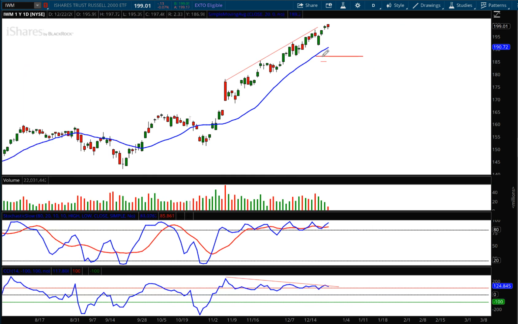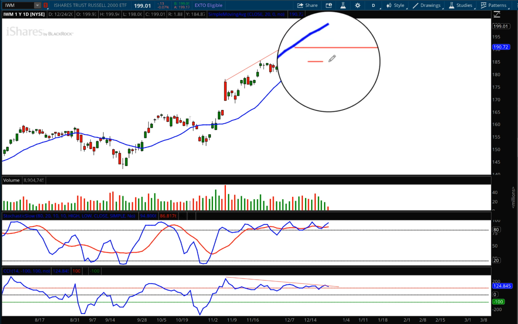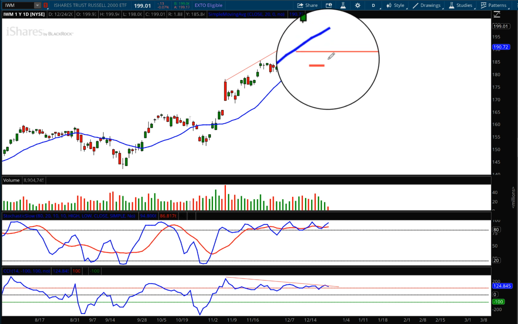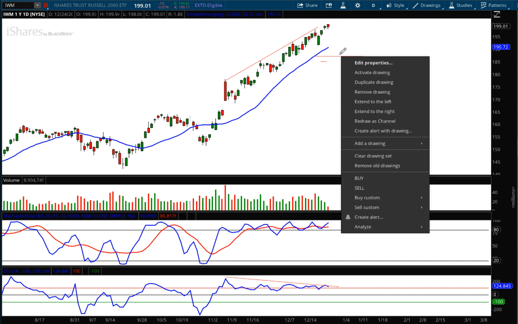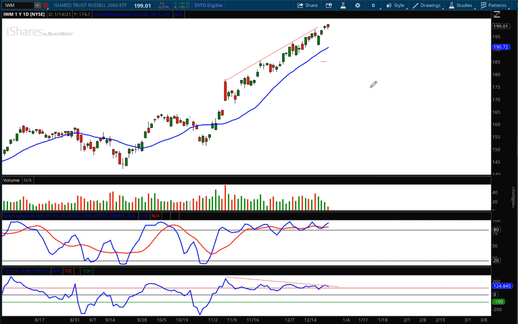I said that this support level, which at the time was the 20-period moving average, we would, again, trail our stops up with each new support level that we find. And I had this little hash mark here saying that's where you would place a stop, is below support, not on it, and certainly not above it. So what are we going to do? We're going to erase this line right here, and we're going to move that up. Okay, so it's going to, again, keep that right in line with the 20-period moving average.